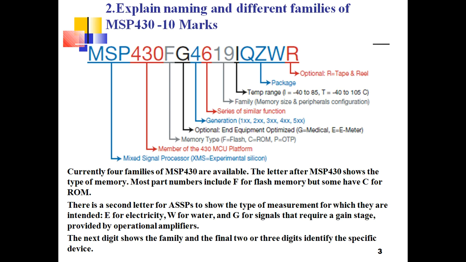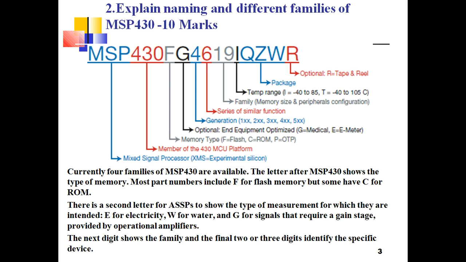1 9 indicates it's a family of memory size and peripheral configurations. It indicates which family of MS430 you are using. You have the different families in basic MS430 ICs, and the related memory size, how many peripherals, and what peripherals you can connect to the MS430. That configuration will be mentioned using this 19 number.